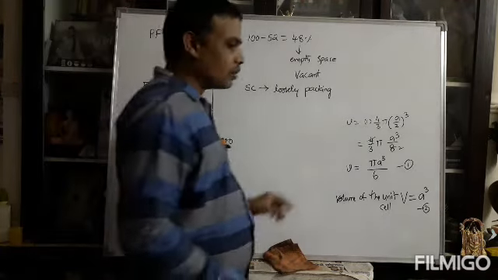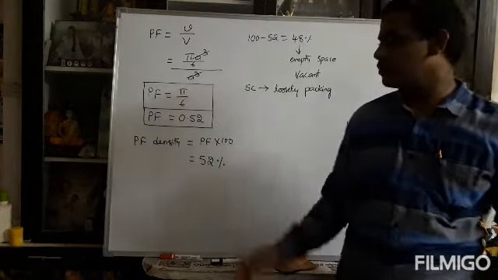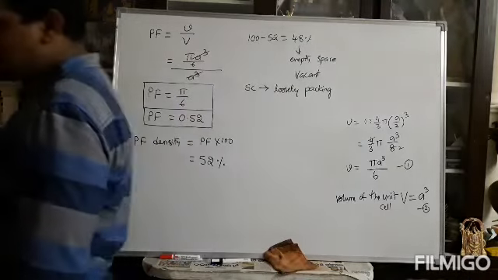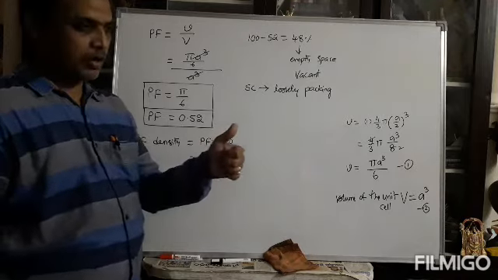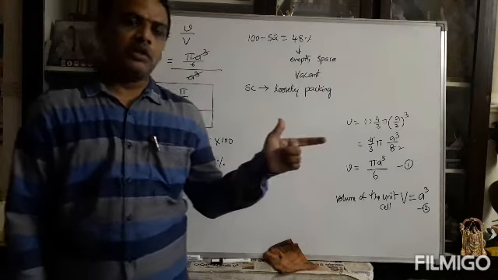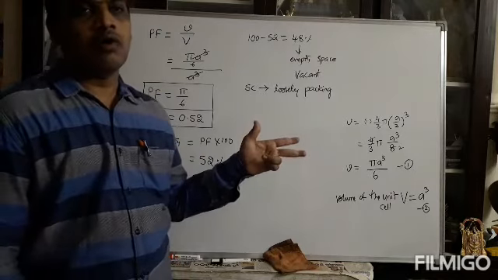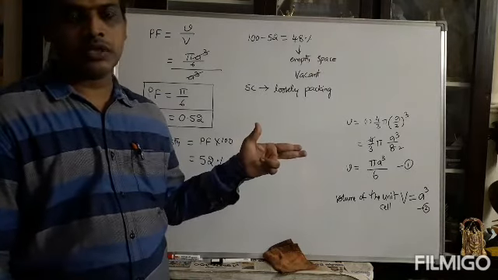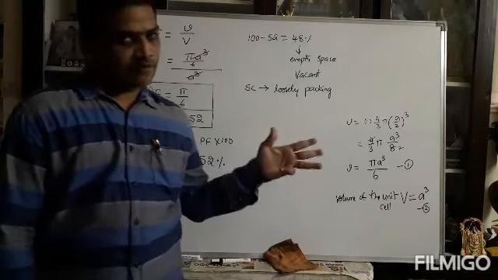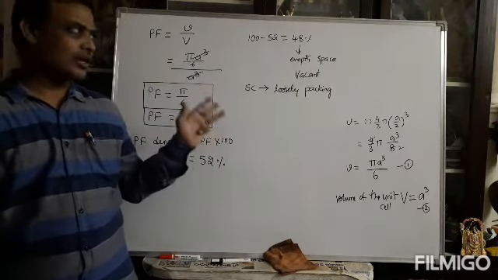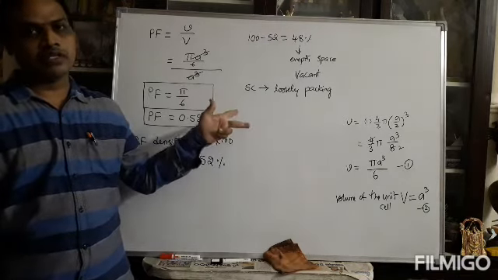In a similar fashion, you must calculate the face centered as well as the body centered also. In a similar fashion, you can go through it step by step. First, you calculate the number of lattice points per unit cell. After that, the interrelation between atomic radius and lattice constant. After that, you can calculate the volume occupied by the atom in the unit cell. After that, you can calculate the total volume of the unit cell. In every case, simple cubic is a cubic structure, face centered cubic is also a cubic structure, and body centered is also a cubic structure.